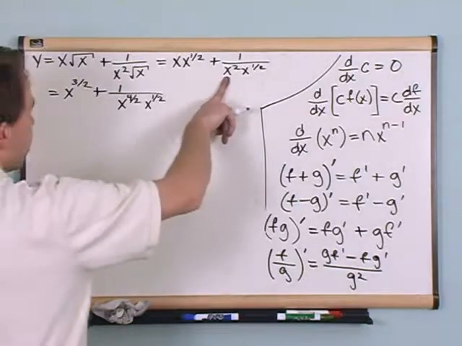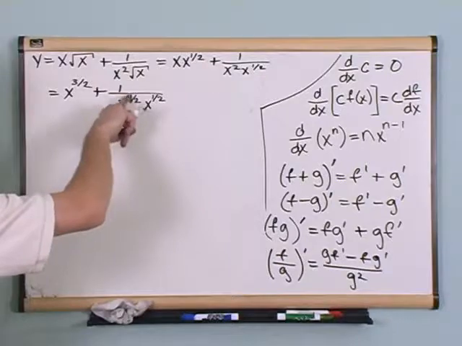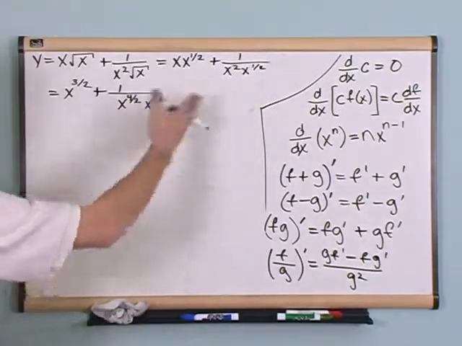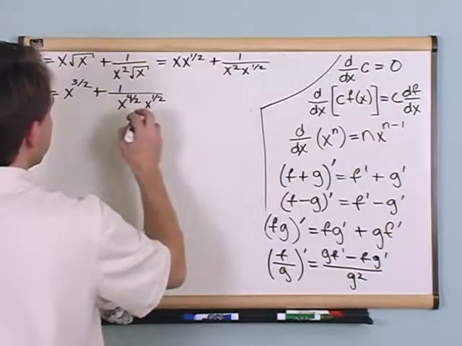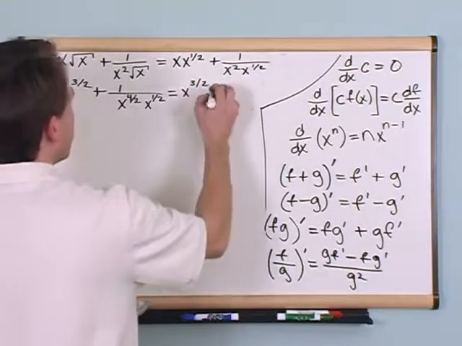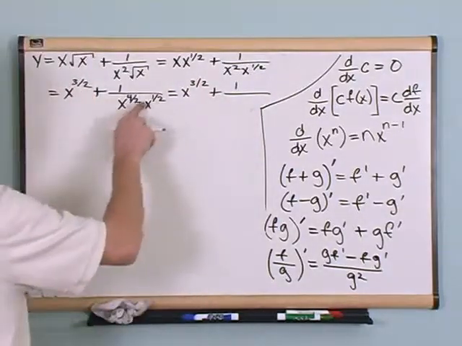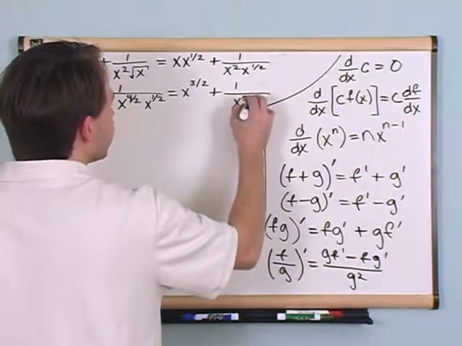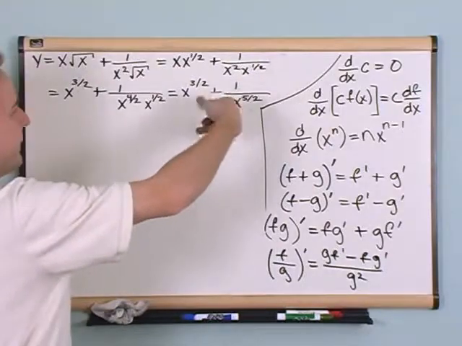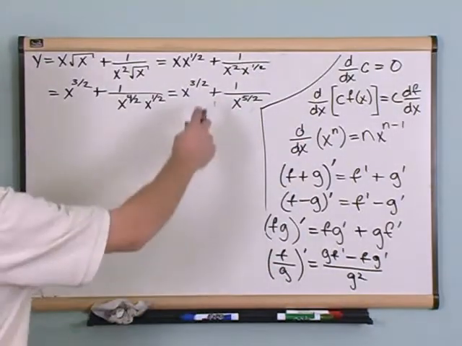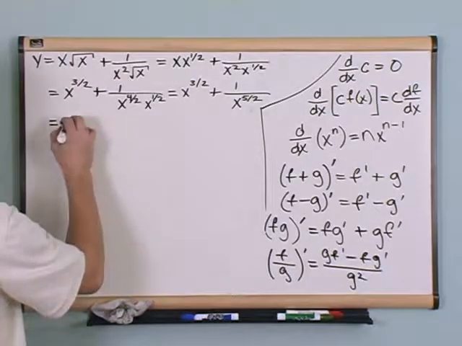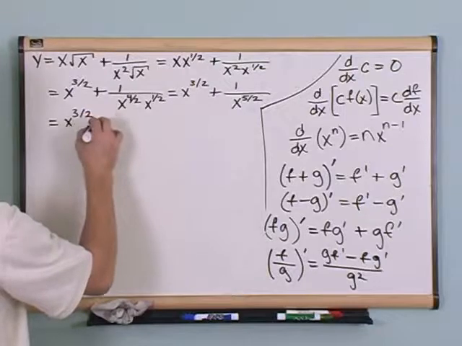See, here is x squared, but I changed it to x to the 4 over 2 because that's the same thing. 4 over 2 is 2, so I really haven't done anything to the problem. I've just changed it a little bit to make it easier. So in the end, what you'll have is x to the 3/2 plus 1 over, now I can add them, 5/2, x to the 5/2. And some of you may be able to do that in your head. 2 plus half is 2.5, and that's the same thing as 5/2. Okay? And just to totally beat it into the proper shape, that would be x to the 3/2 plus x